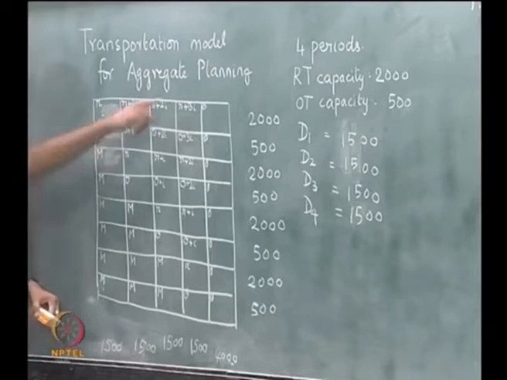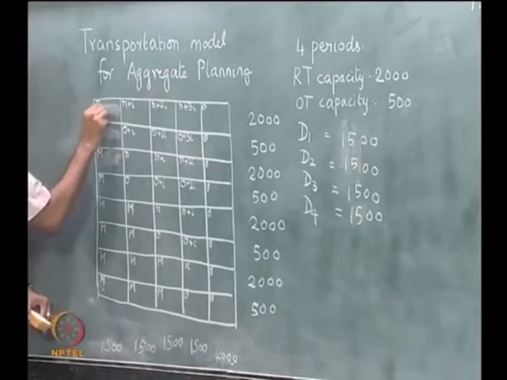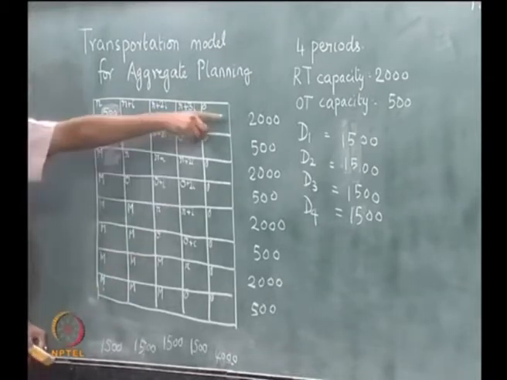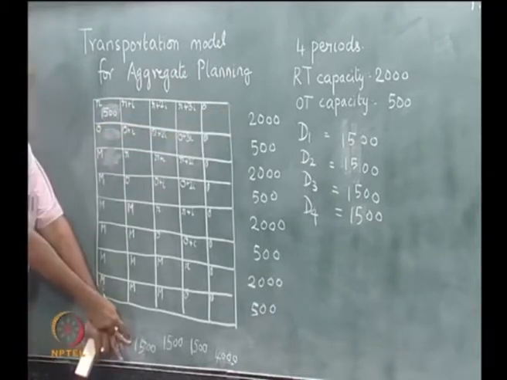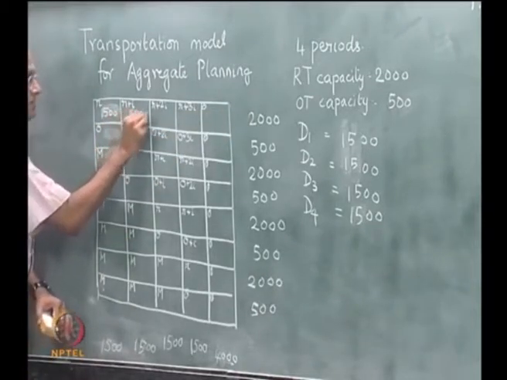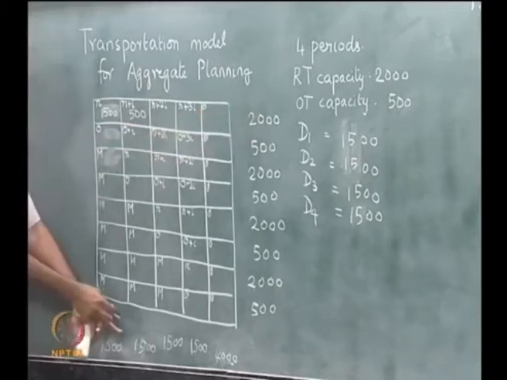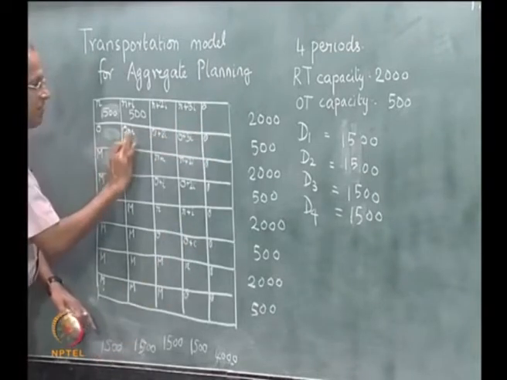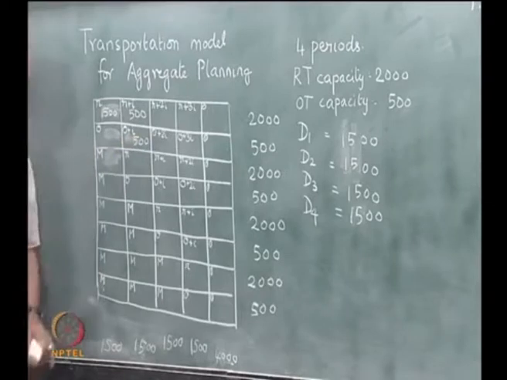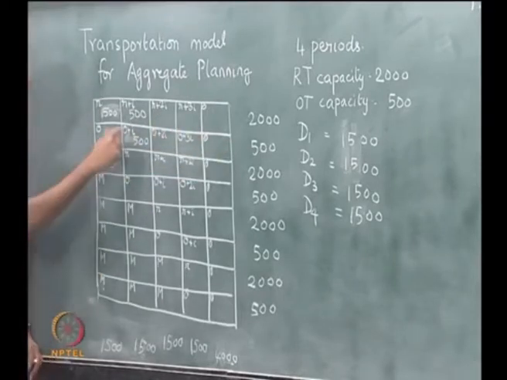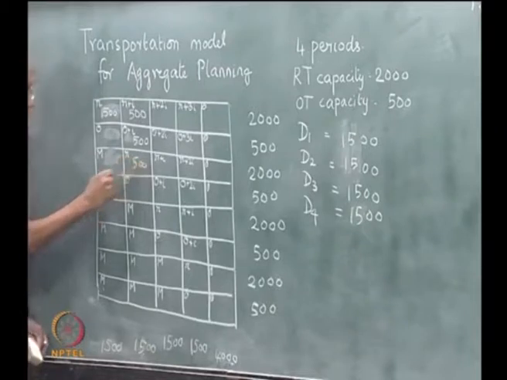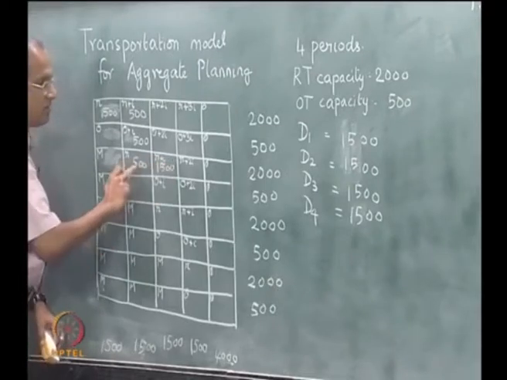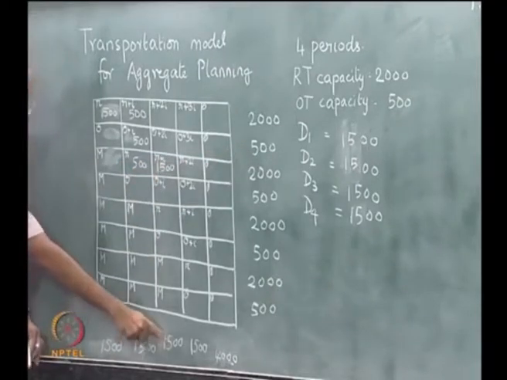So, what I do is I apply the northwest corner rule. So, I first get 1500 out of this. So, this column is completed, another 500 remains here, there is a 1500 here. So, I will put 500 out of this. So, this is completely met. So, this will become 1000. 1000 is demanded, 500 is available. So, I put a 500 here, this is also completely met. So, I put another 500 here, so that this is met completely. Then I put a 1500 here. So, this is met completely, this is also met completely.